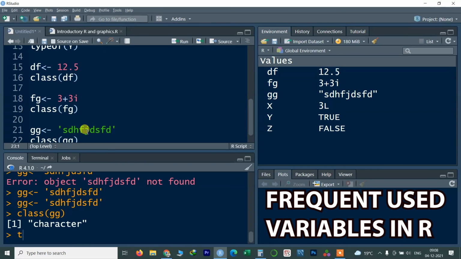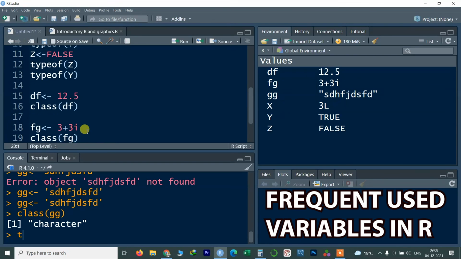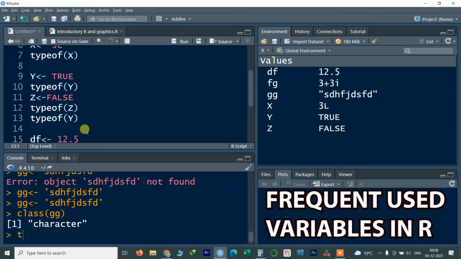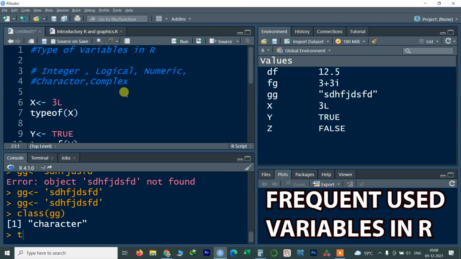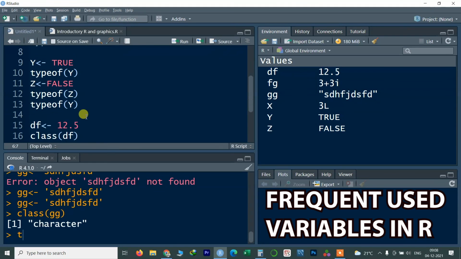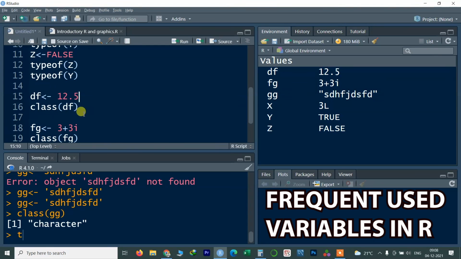These are the famous and most widely used data types or variables in R. If you are finally aware of these variables, then I think you can easily walk through R. I will again review all these things, which are quite useful in R. First is integer. Integer is raw numbers. Second is logical, that is boolean, TRUE or FALSE. Third is numeric, that is a class like 12.5 or 5 or any numbers.